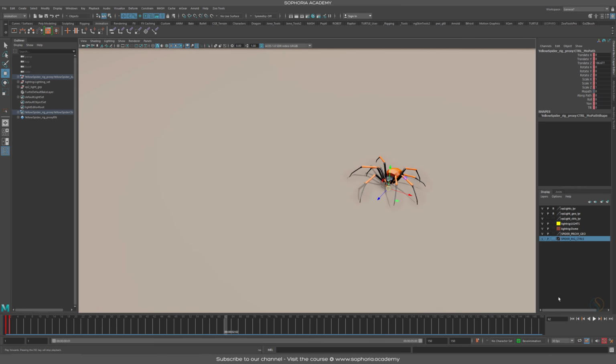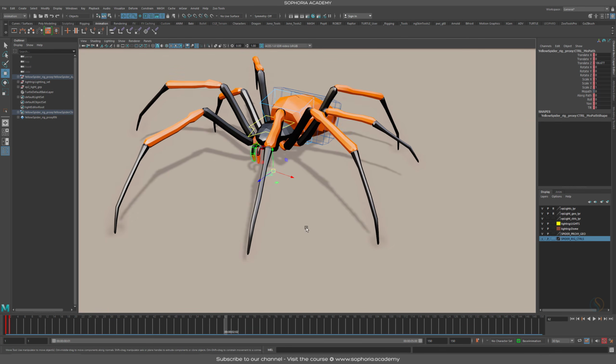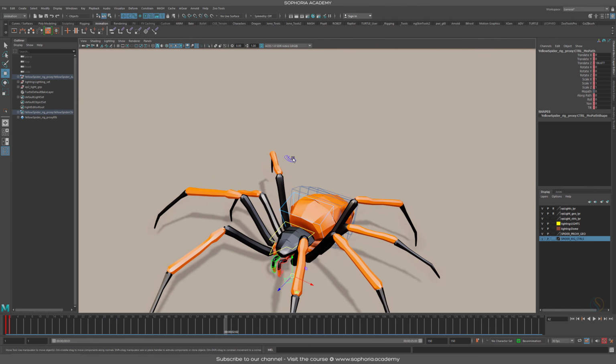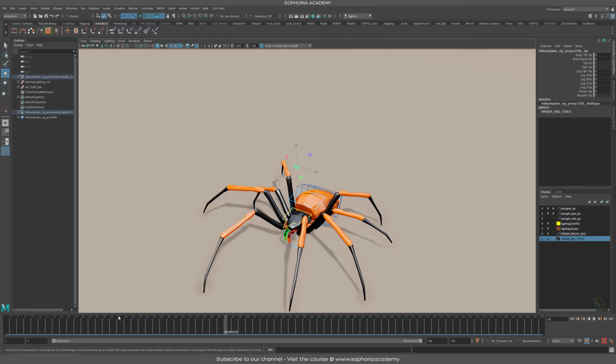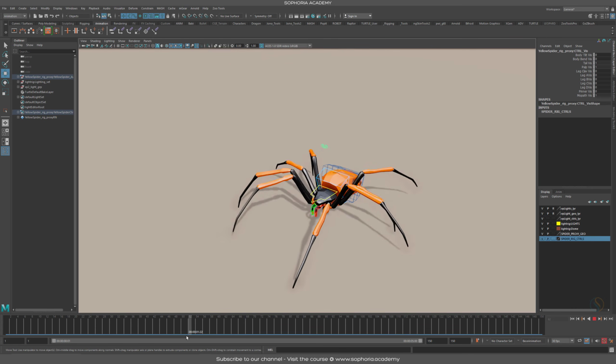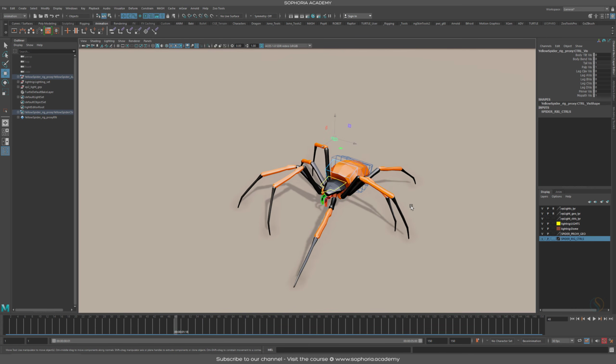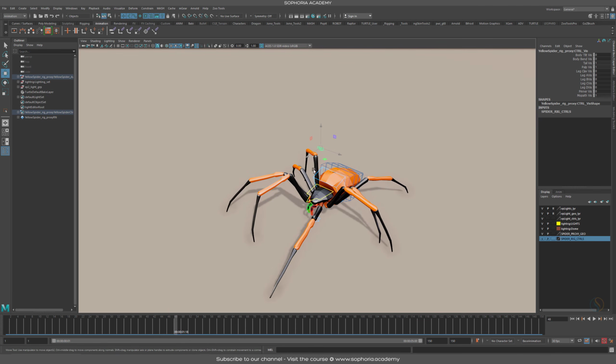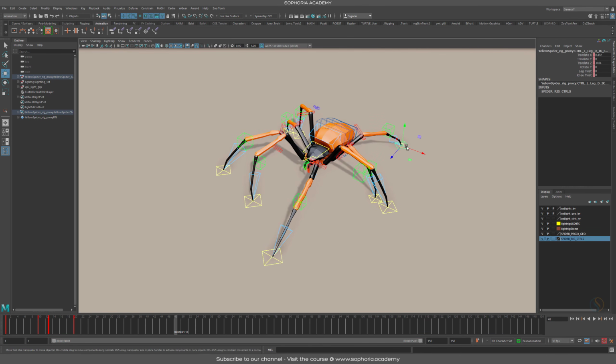Yeah, nice. To add variation, there is one thing that you can do, because if you're looking at it, everything looks very mechanical. Spiders are mechanical by nature, so it is normal. But if you want to try and break it up, which I know a lot of you will be asking me to do, it is to